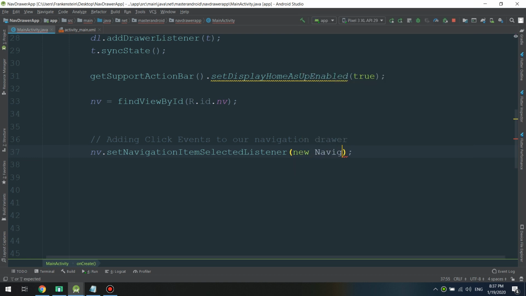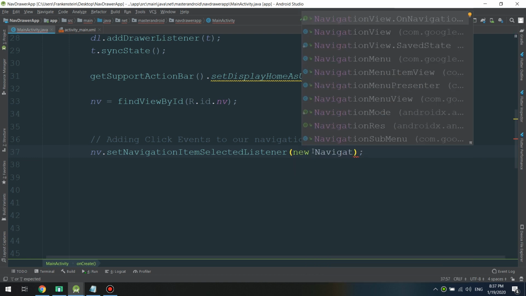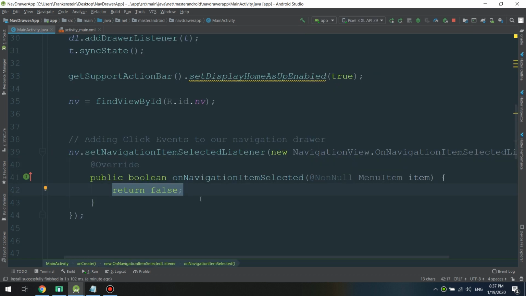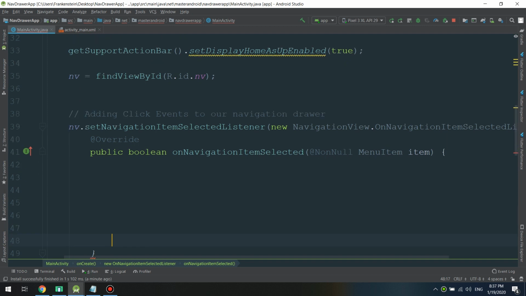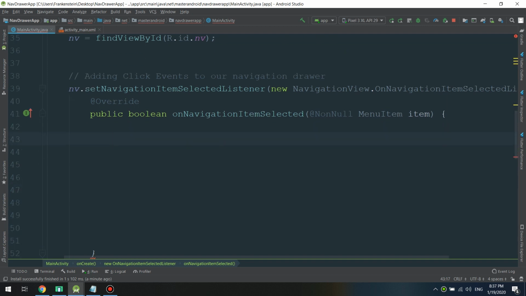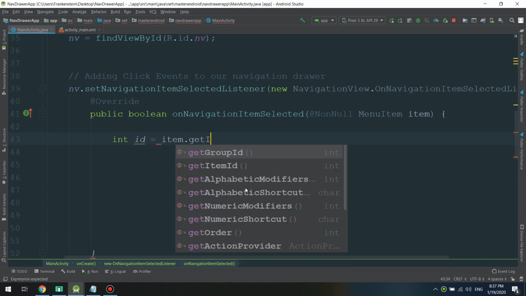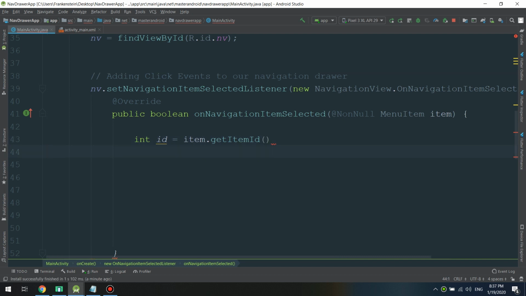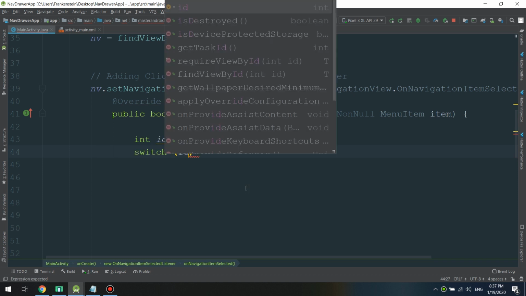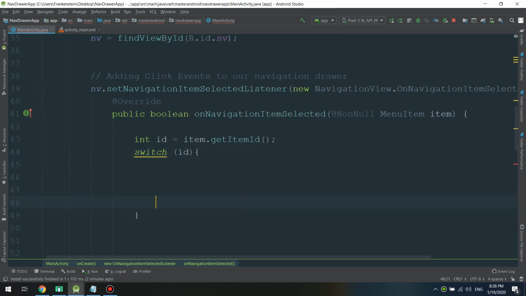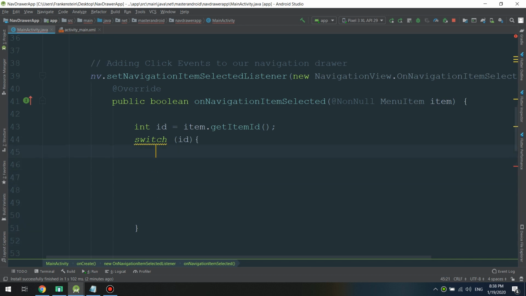Now let's go and add a new NavigationItemSelectedListener. Okay, very good. We are doing fine, as we have seen before in other widgets and other advanced views. We have this method called boolean onNavigationItemSelected, which will handle the click events for our drawer. Now I will create a switch